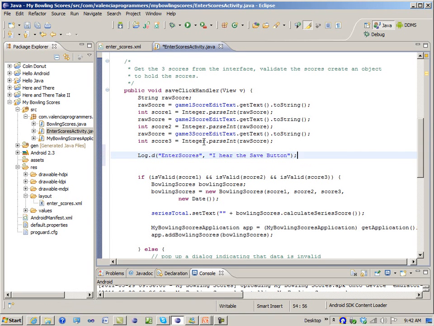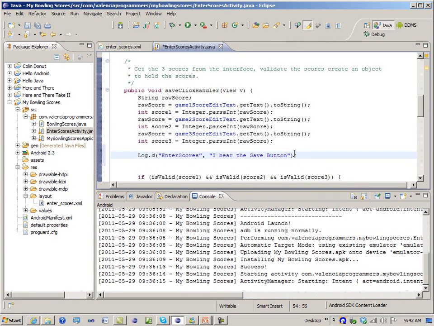Okay, so this is just something that I want. Every time someone clicks on the save button, I want to dump into the log that I've heard that click on the save button. This will be really, really helpful when we're doing the database stuff and you absolutely can't tell what's going on. So log a whole bunch of messages, and those show up in the DDMS. So if I run this now,